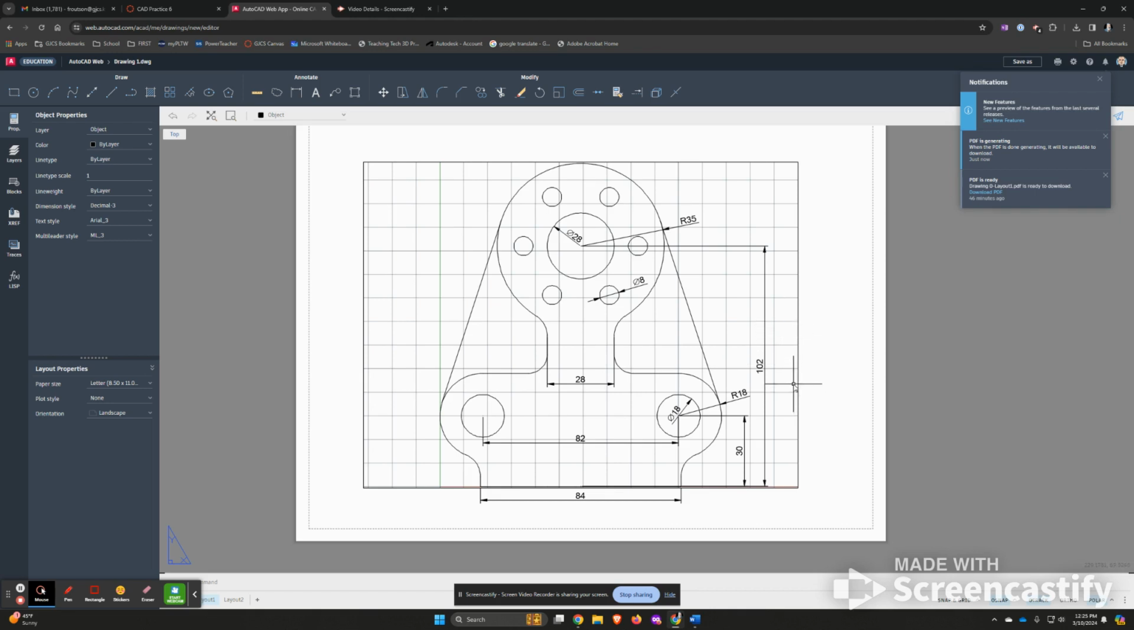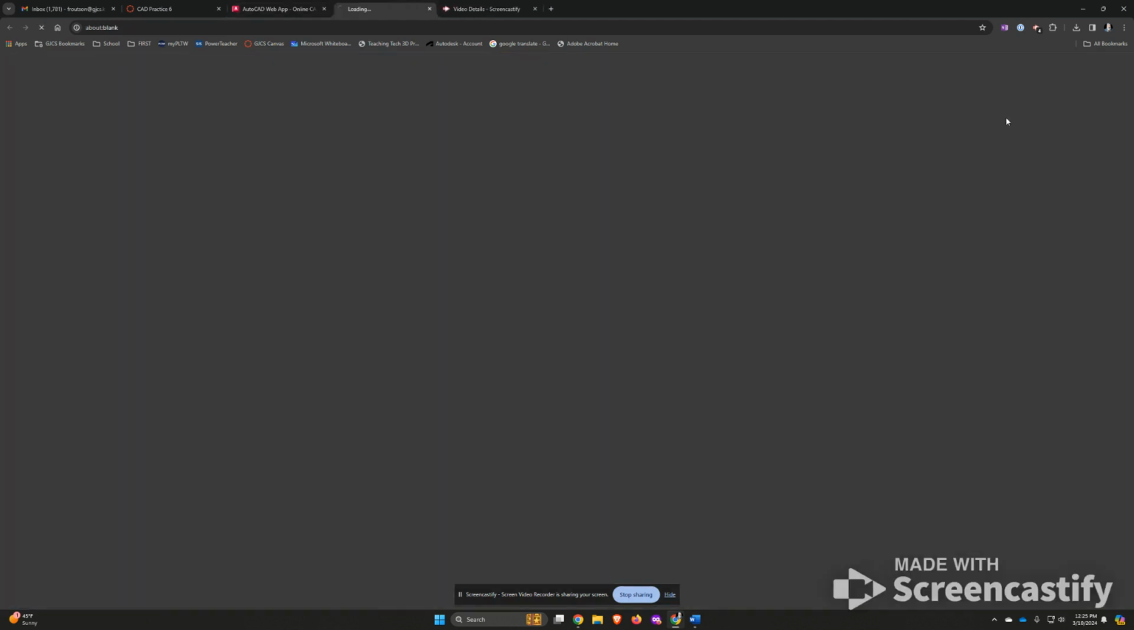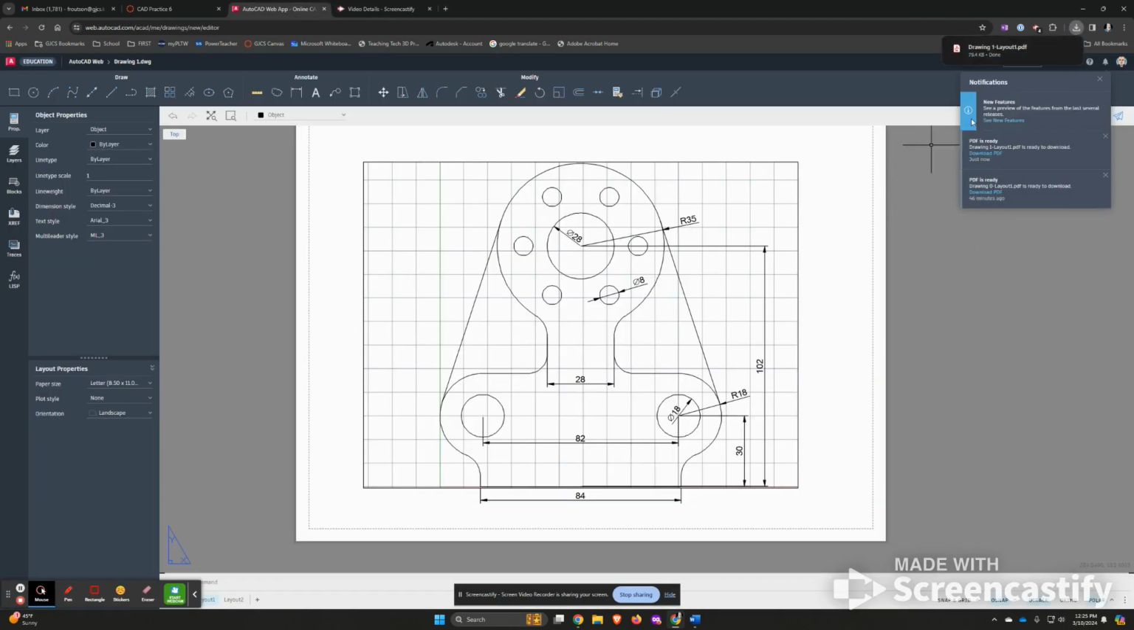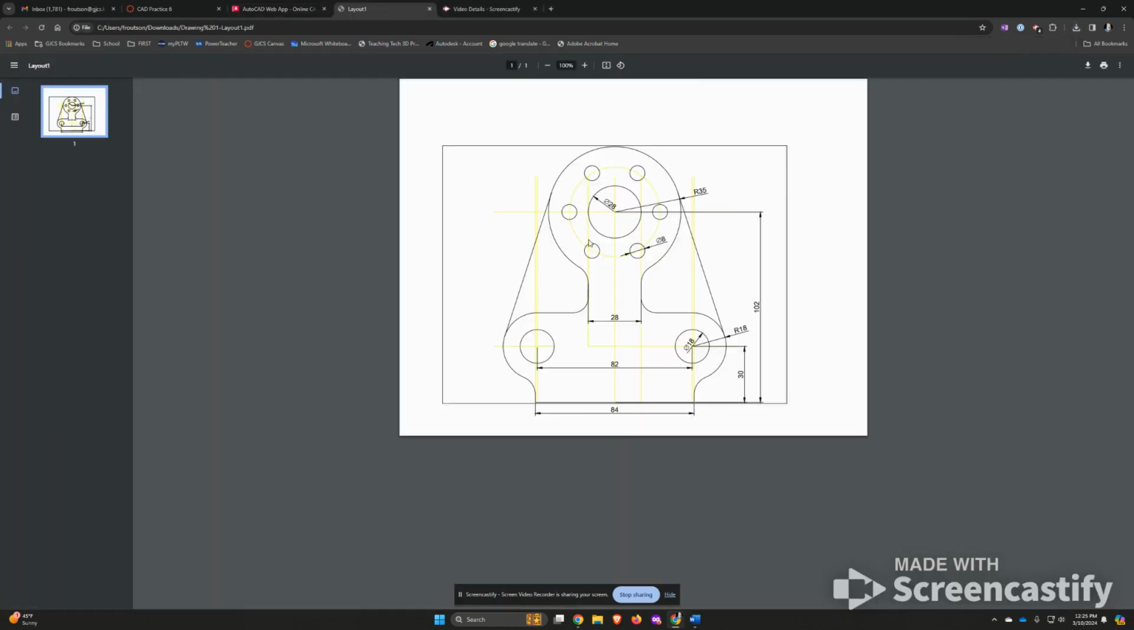You've got your drawing done. Ready to download. And there it is. Even has in light yellow, you can kind of see some of the construction lines. So that's